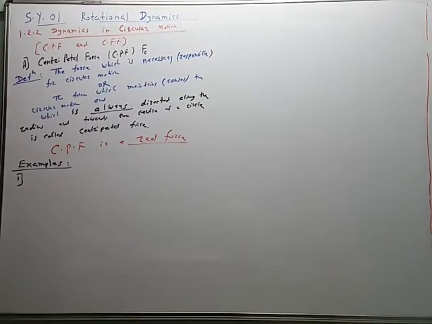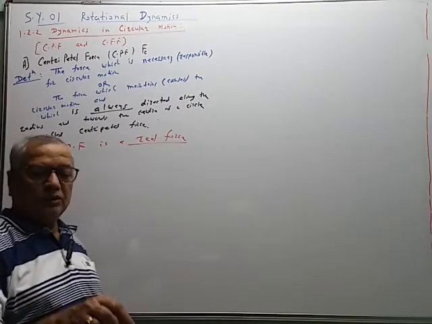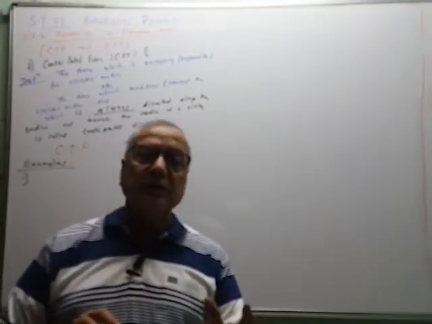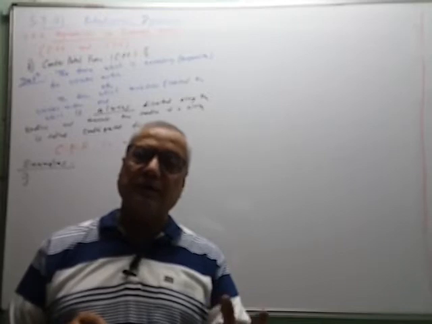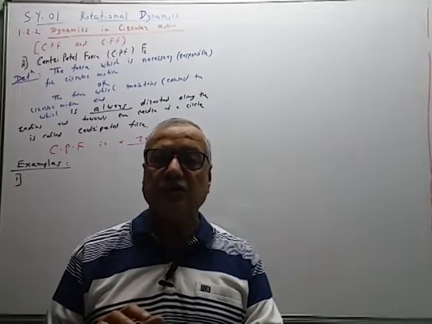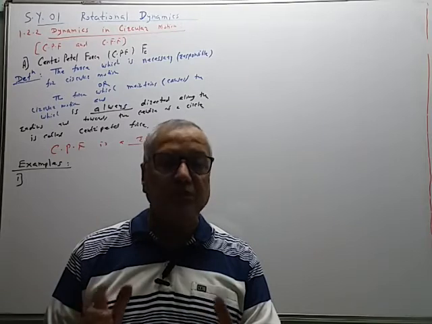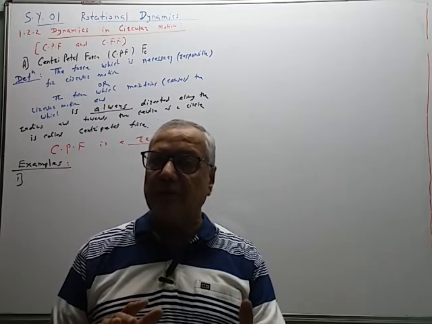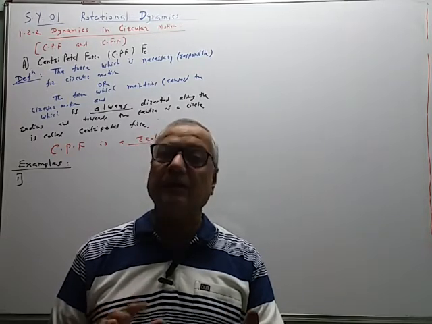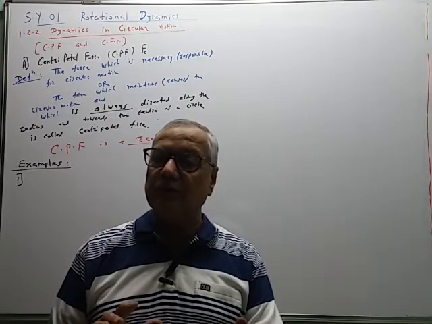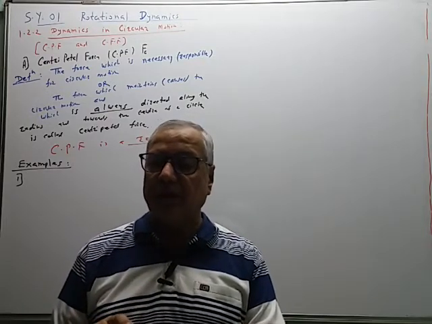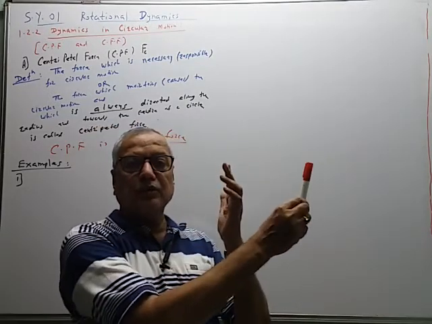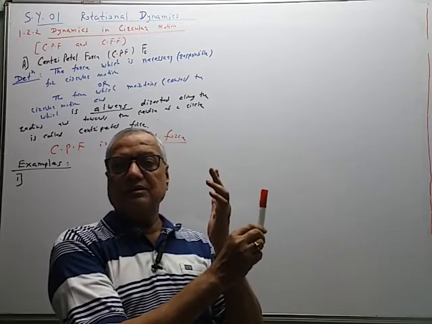So let us see the examples of centripetal force. Now, why is it a real force? The reason is very simple. We know that by using mirrors, convex, concave, plane mirror, etc., we get the image of the object. That image may be real, in some cases virtual. If it is a real image, we can measure its distance directly. We can take it on the screen. If the image is virtual, then we cannot measure the distance directly. For example, in a plane mirror, the image formed is virtual, so we cannot measure the image distance directly.